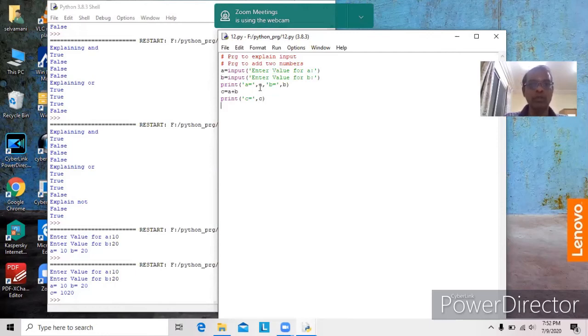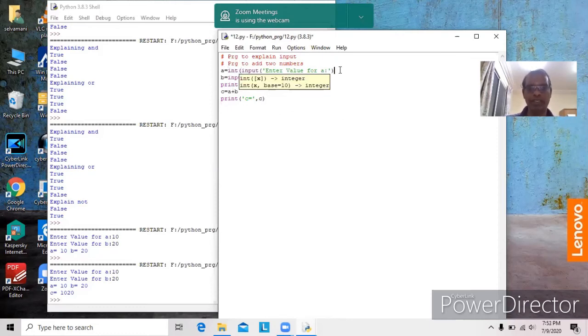So C equal to A plus B: A is a string, B is also a string. 10 plus 20, both strings. Instead of adding, it is joining. That is why C equal to 1020. Okay, sir, how can we avoid this error? Already we know very well, we have to use int.